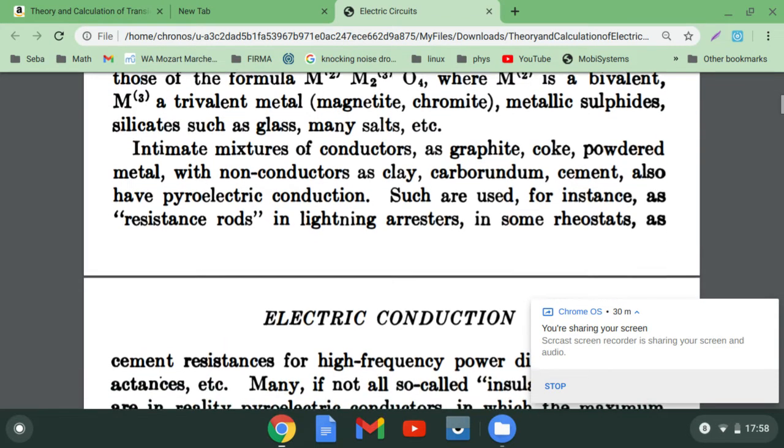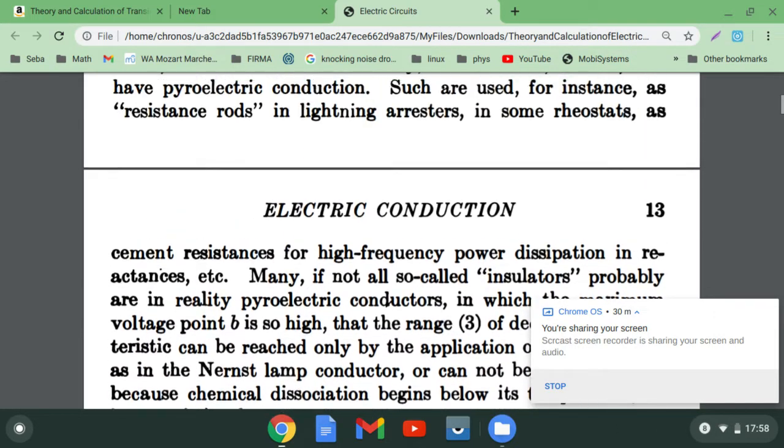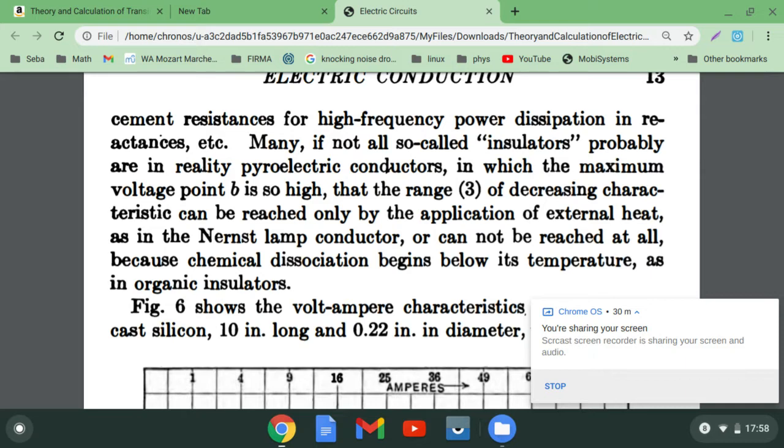Such are used, for instance, as resistance rods in lightning arresters, in some rheostats, as cement resistances for high frequency